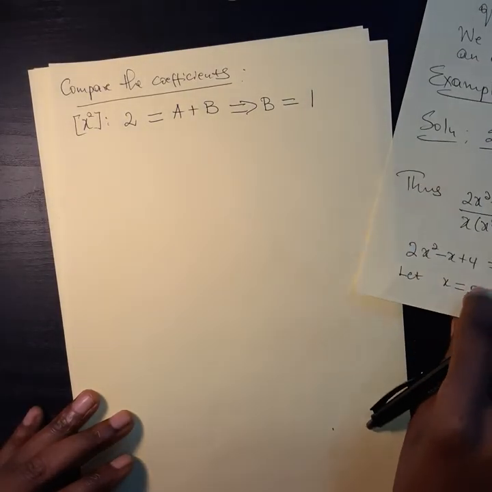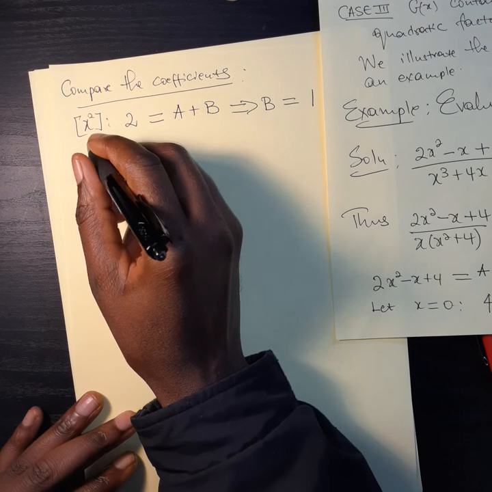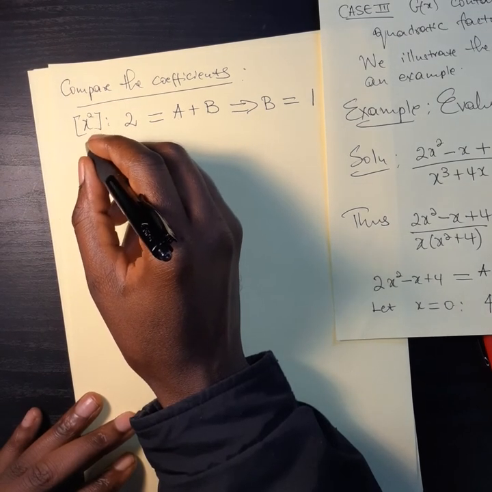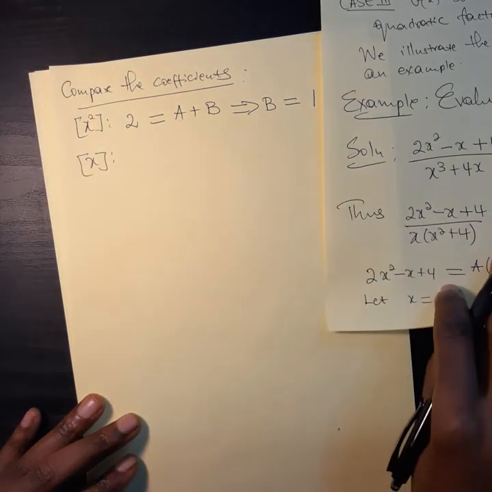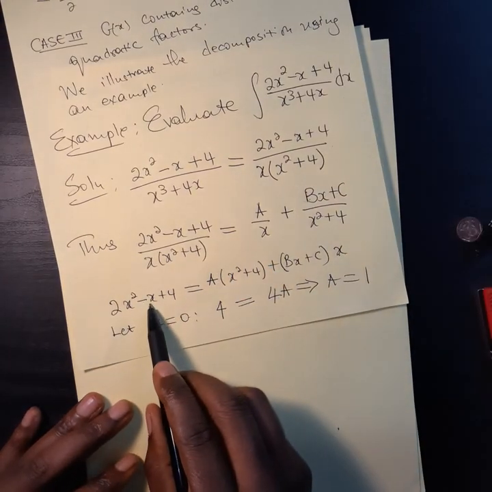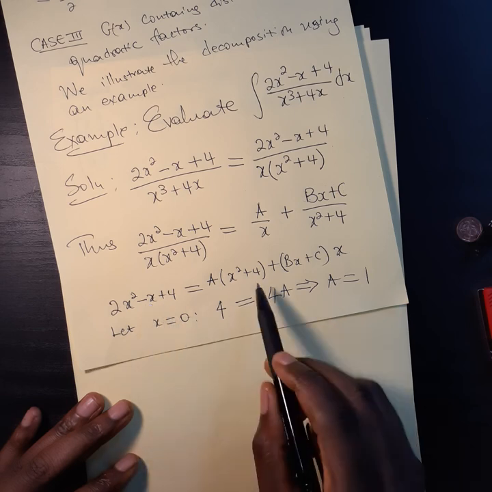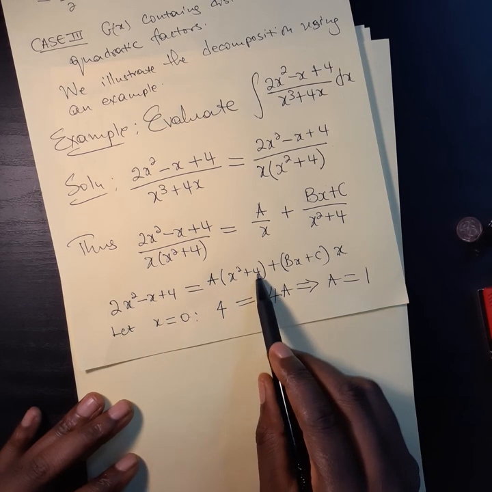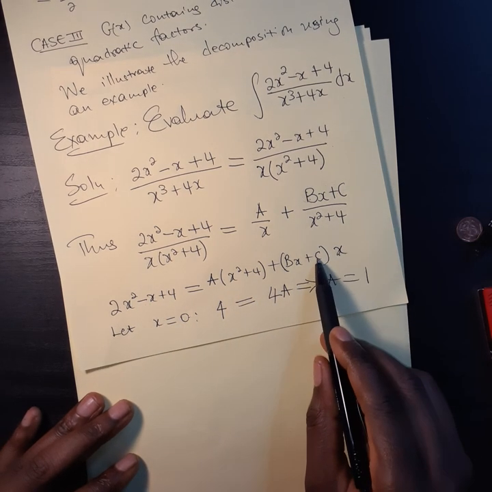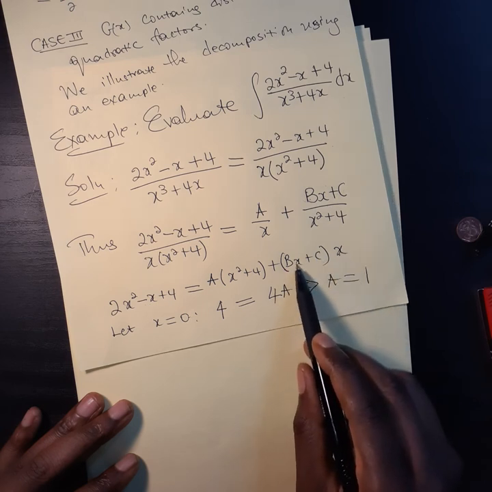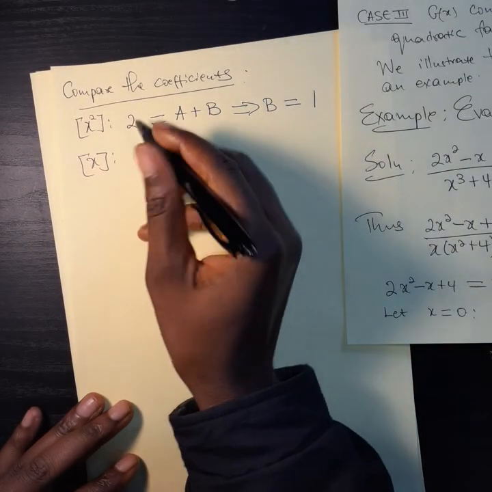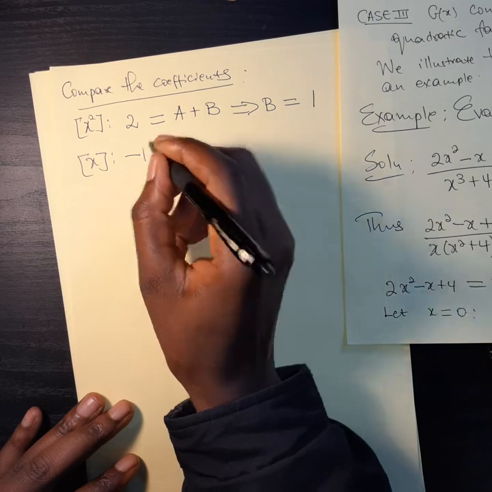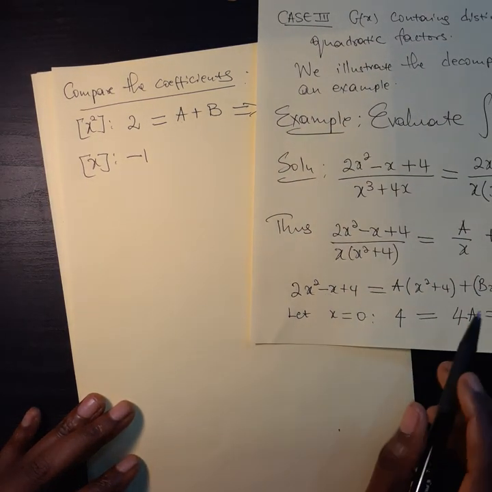And then furthermore, we can move on to compare the coefficients, say, of x. On the left-hand side here, the coefficient of x is minus 1. On the right-hand side, this will not have any x, but this one will have a c, cx. This one will not, it will be a square, so c. So we have on the left, it's minus 1, as we have noted. On the right-hand side,